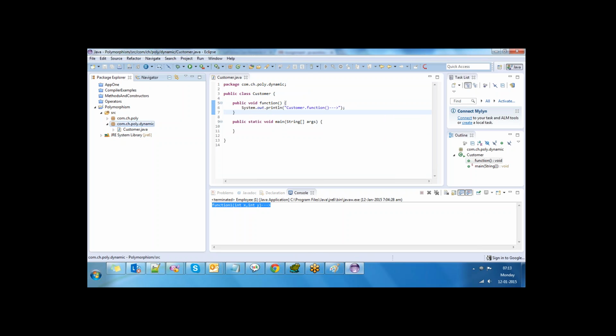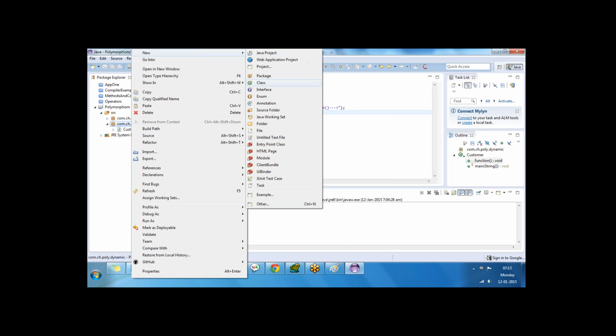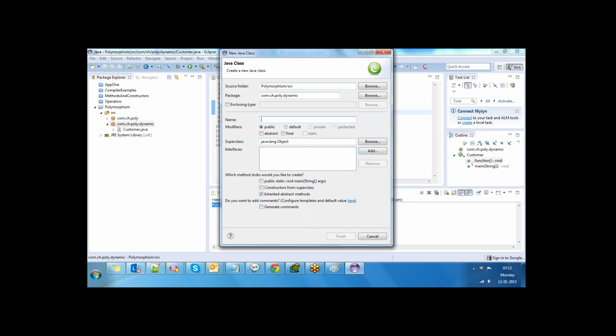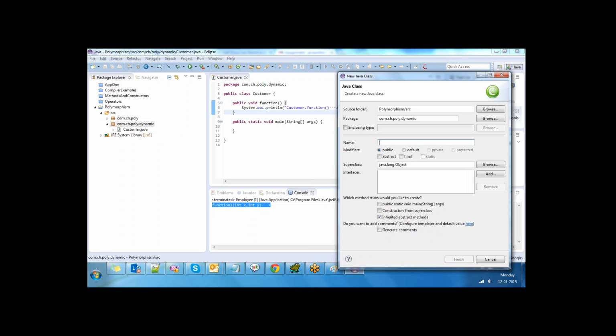I have a child class which extends my customer class, called CustomerImpl. I will talk later about what the extends keyword in Java is. The extends keyword is where we can acquire the properties, or get all the properties, from the parent class.